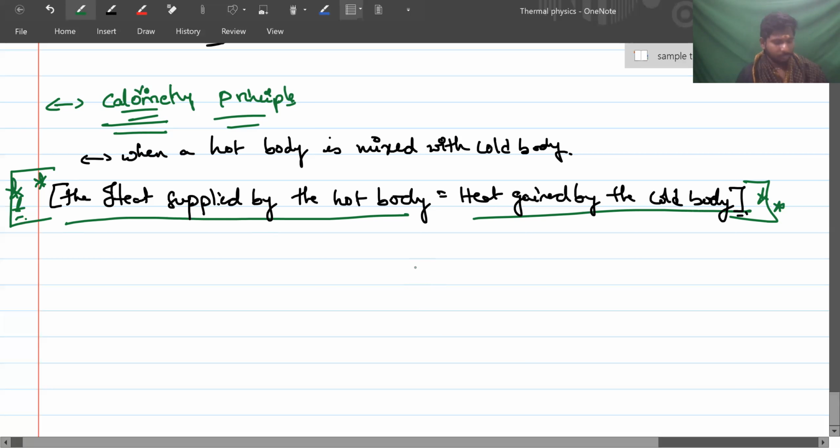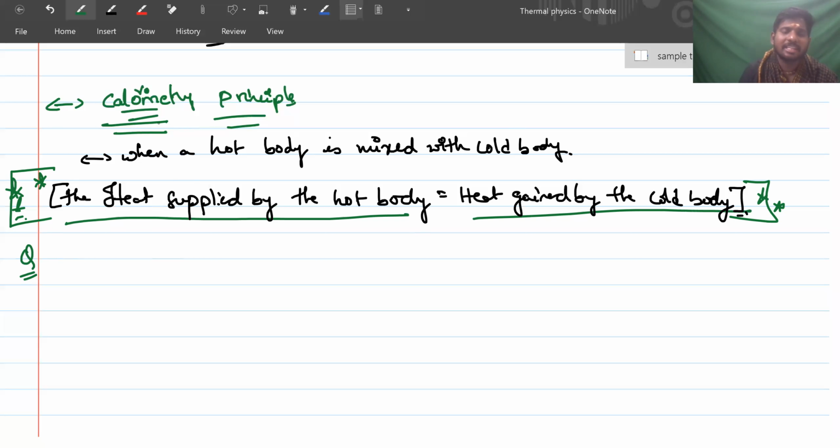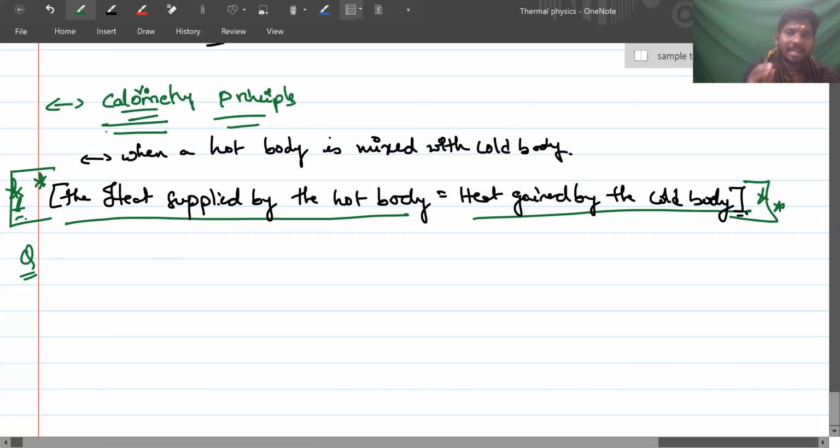The system will be isolated so that no heat is lost to the surroundings. Calorimeter is a device used to measure this concept. It's like an isolated material where you'll keep two or three objects mixed, and the heat lost by the hot bodies should be equal to the heat gained by the cold bodies. Using that principle, we derive the results, because the heat will not be going outside the system. Now, question, you can write: